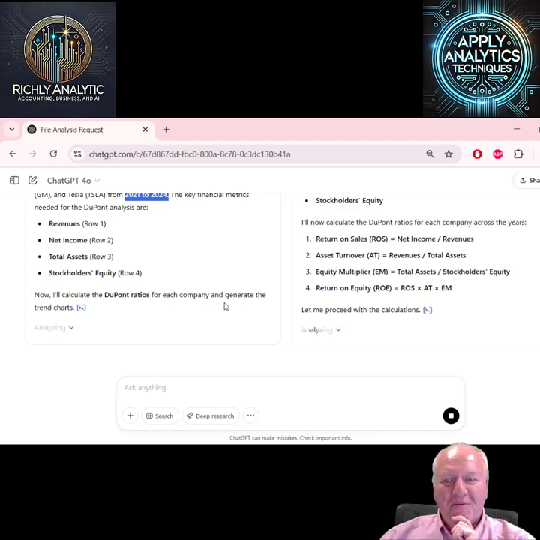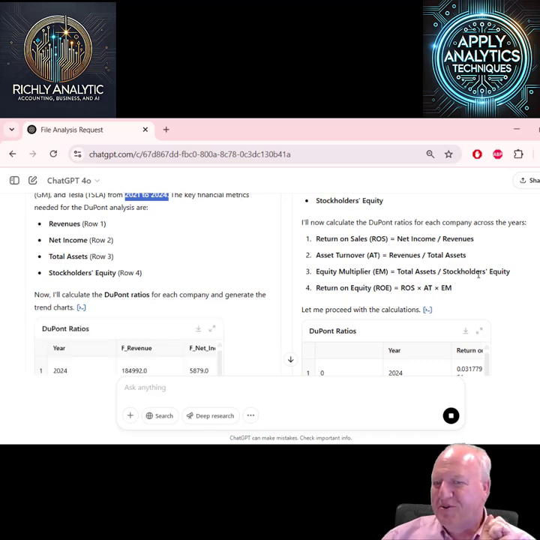What we're trying to do is disaggregate return on equity. You can see return on equity is return on sales times asset turnover times the equity multiplier. You can see how these cross out with each other. Hopefully you've had some exposure to this, but if you see all these terms cross out, the return on equity is just net income divided by stockholders' equity. At that point, we're able to see all we're doing is disaggregating that.